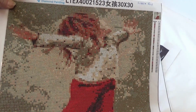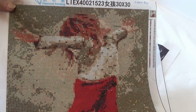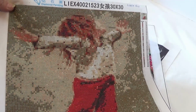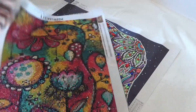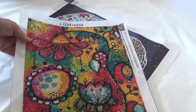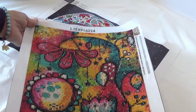This was from Amazon. I got this off of Amazon.com. And it just says diamond painting is all it said. And this was my little girl twirling and dancing. Okay. I love this. This is a companion piece to one I finished earlier. I don't know if it was this last month or last year. But this is from